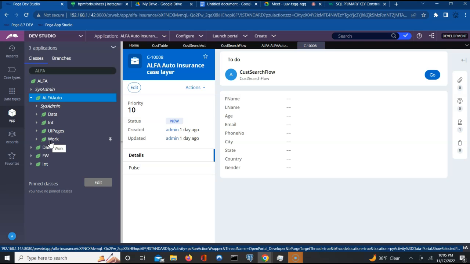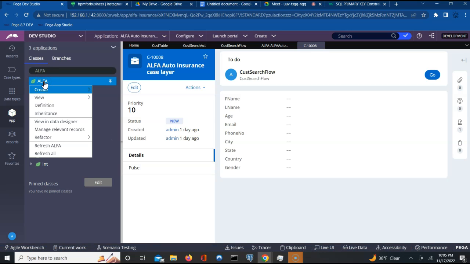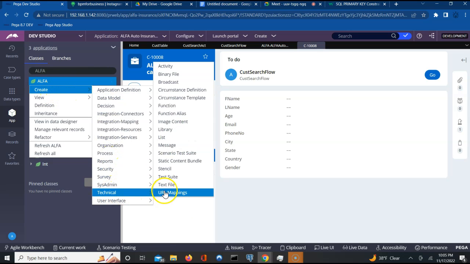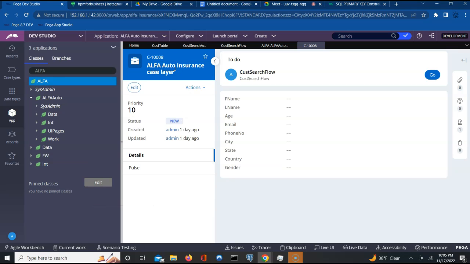Okay, I'm just showing you how I am doing navigation. You guys should be exploring this when you're trying to work with this particular application. You should be exploring this and understanding. So I want to create an activity under the organization class. I'll right click here, create technical. Under the technical category, activity rolls up, create new activity, and let me call it